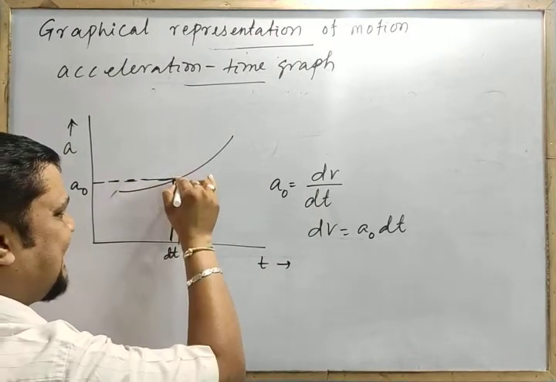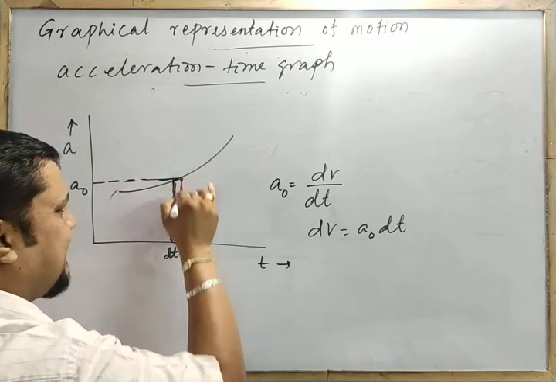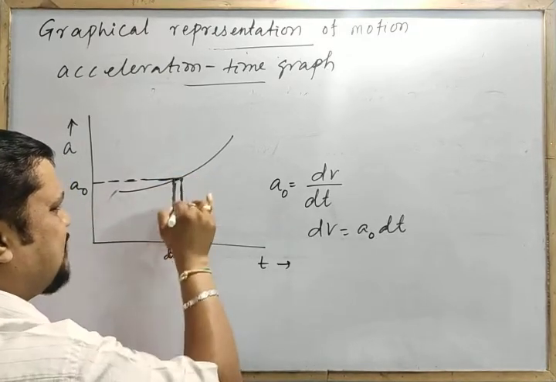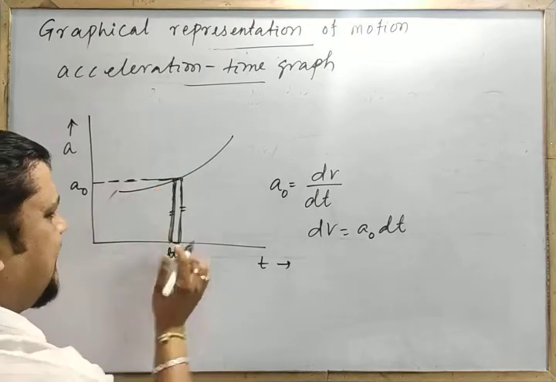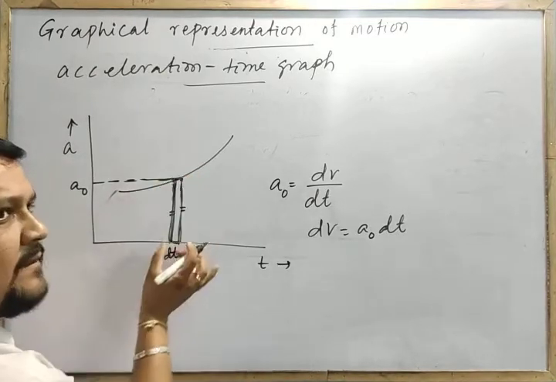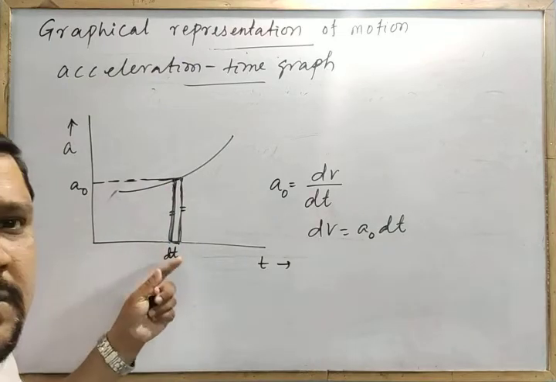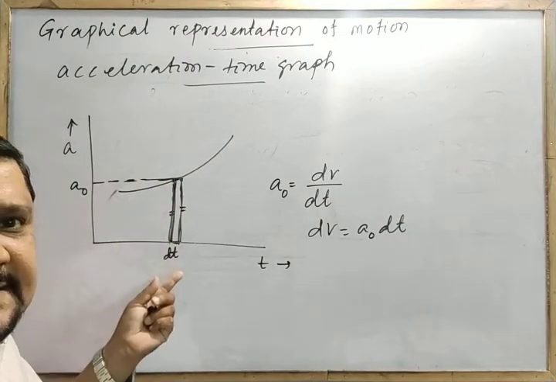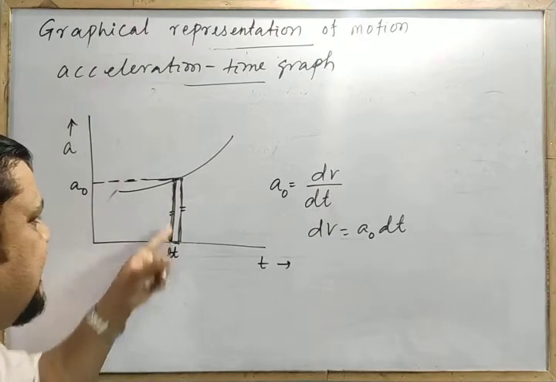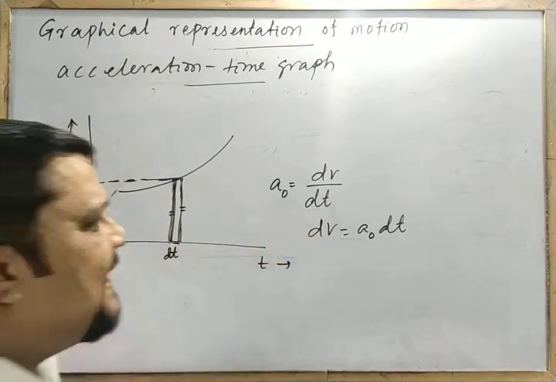So this is like a very small rectangle. This line is almost equal to this line. So this is a naught and this is dt, right? For a rectangle, the product of the two sides, length into breadth, is the area